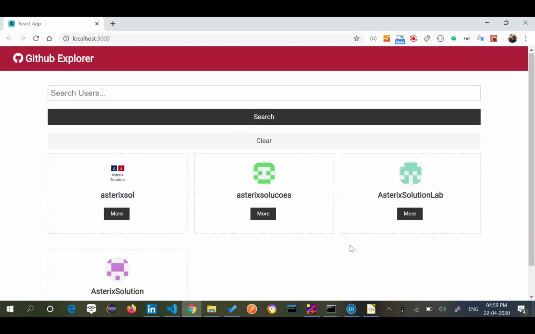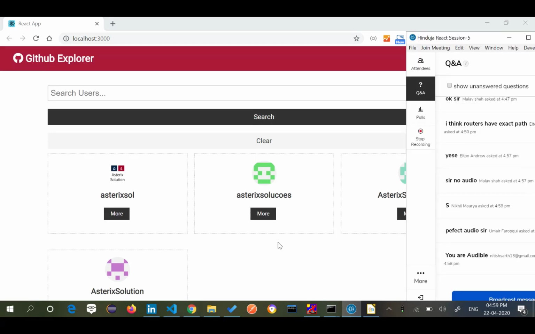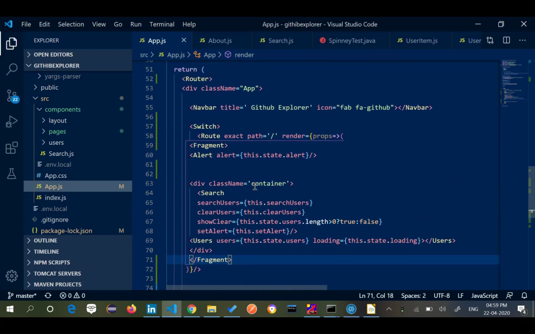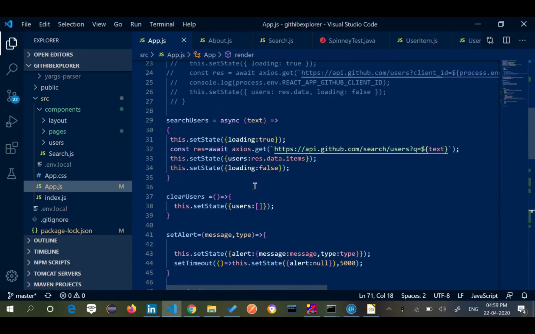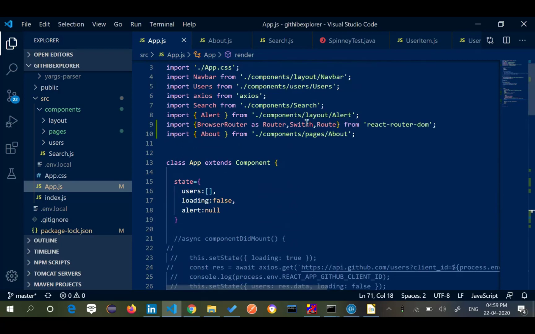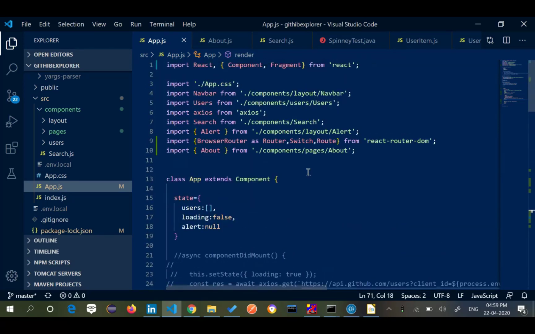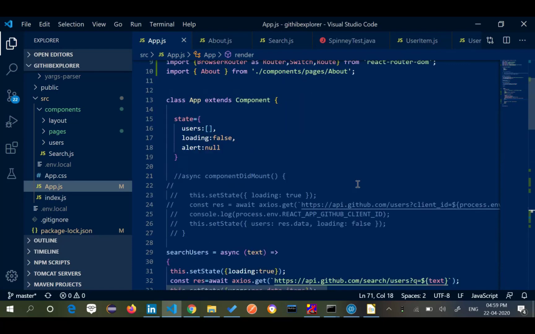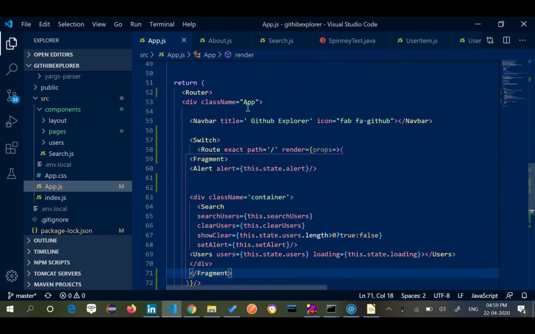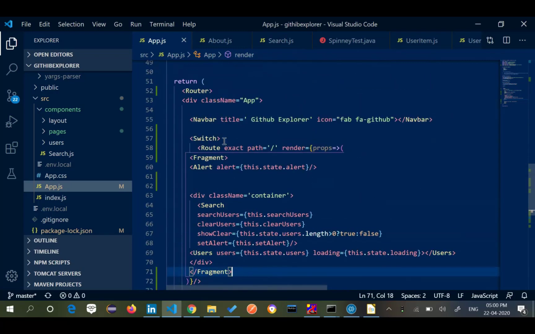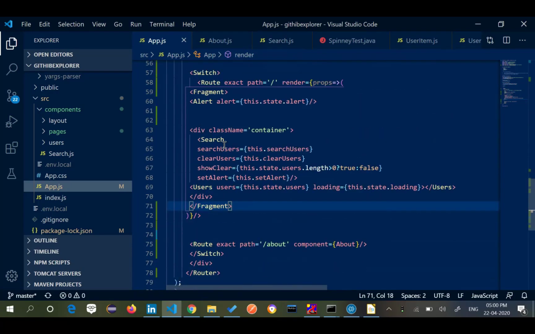Are you getting this now? Yes, guys, are you getting this? There are two things I've done. Just take 2-3 minutes on this page and try to understand. First thing, I imported the router, and switch, and I converted browser router as a router. If you don't want to use that, wherever I have used router, you will have to make use of browser router, switch, and route from React router DOM. Then I started the code with the router, so I embedded everything inside a router. Then I started a switch, so whatever I hit first, it will be displayed.